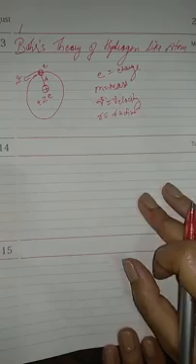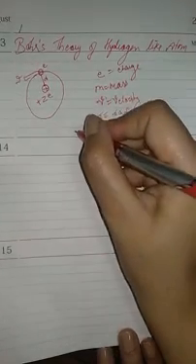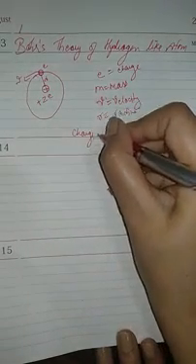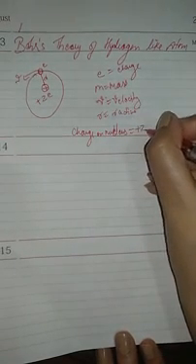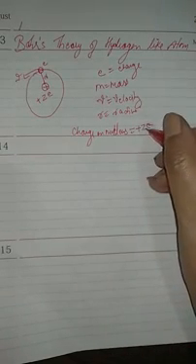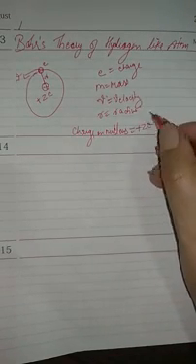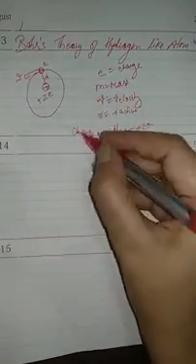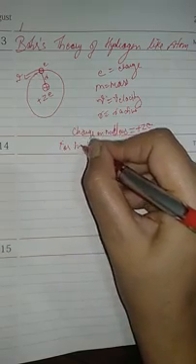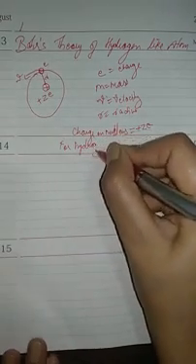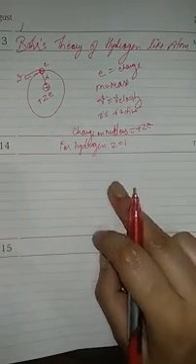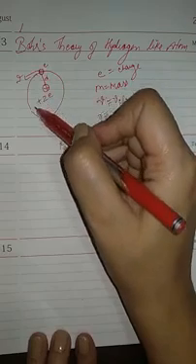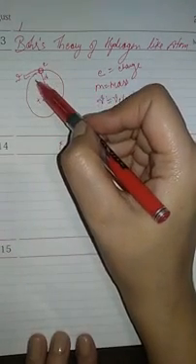The positive charge on the nucleus is Ze. So charge on the nucleus is plus Ze, where Z is the atomic number. In the case of a hydrogen-like atom or hydrogen, Z will be 1. So for hydrogen, Z is equal to 1. Atomic number is 1. Now, whenever an electron revolves around, it is acted on by a centripetal force,